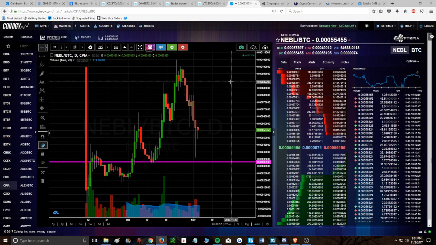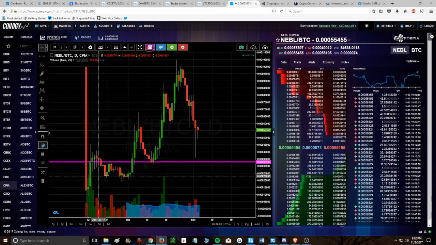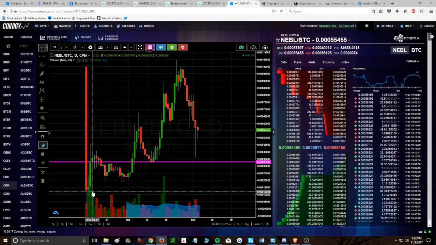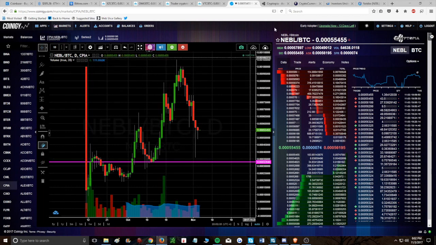So that's pretty significant, from September 11th all the way to the end of October. So about a month and a half, it had this run. It was about 5, 6, 7 times your money from here to here. I didn't get in at the bottom, but I've played this chart a few times and I've profited because I found